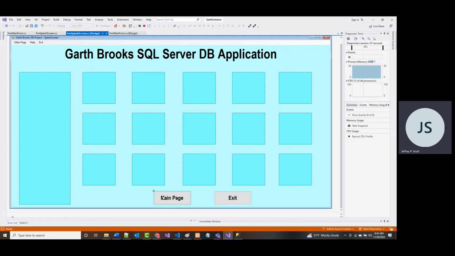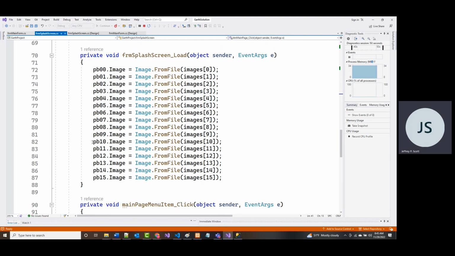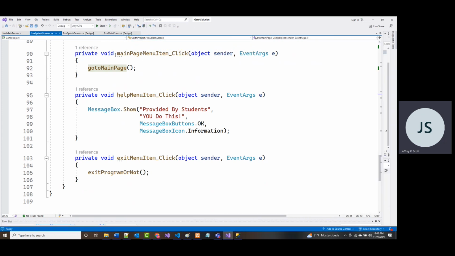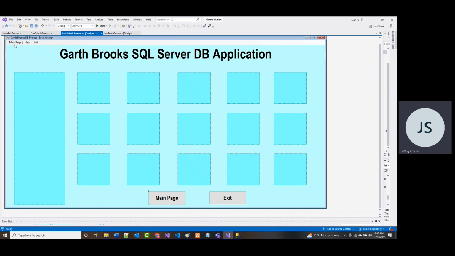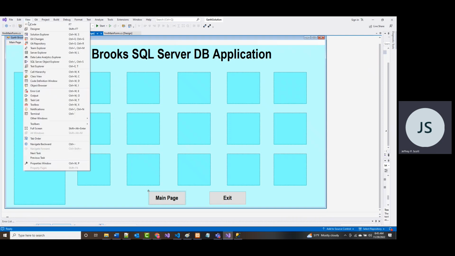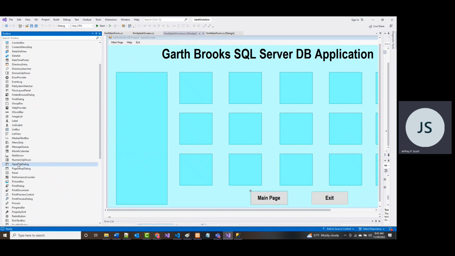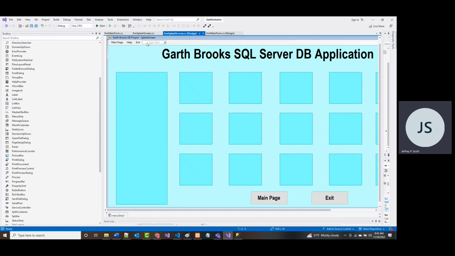So let's see. When you come in and you actually create those menu items, how do you do all that? Well, remember, we talked about this before, that if you want to bring in a menu, let me go and view the toolbox here. All you have to do is go down to here and find the menu strip control, take it and drag it right up to the top there and let it go. Then every time you want to put something in here, so if I wanted another option, if I click here, I could put in another menu option.